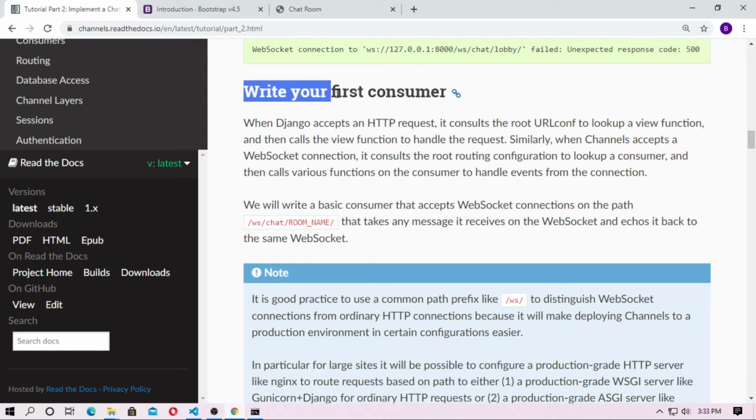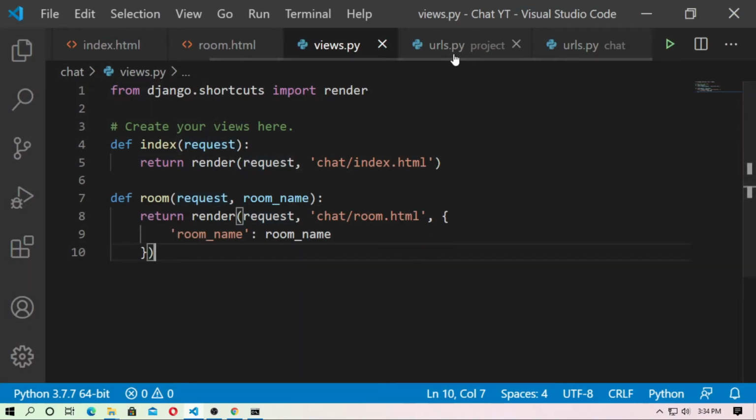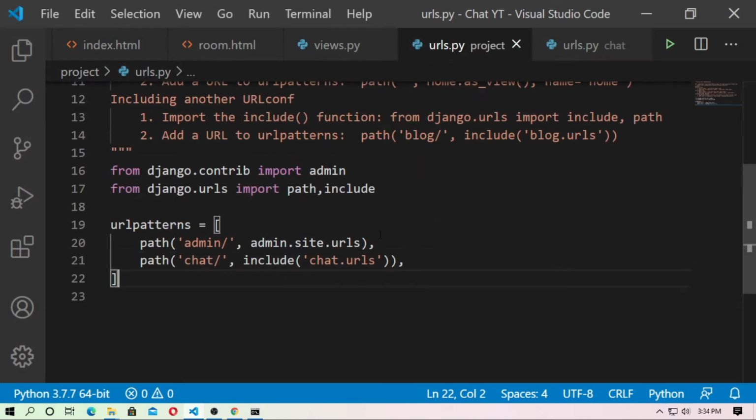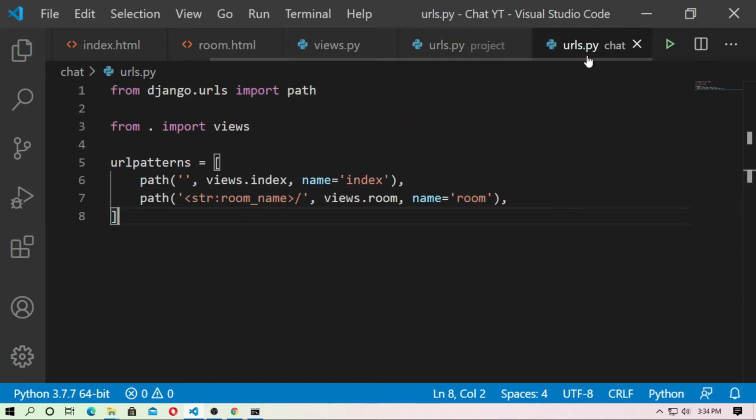At first write your first consumer. When Django accepts an HTTP request, it consults the root URLconf to look up a view function. That means when you type a URL pattern, go to the urls.py inside the chat application, it looks for a views function.